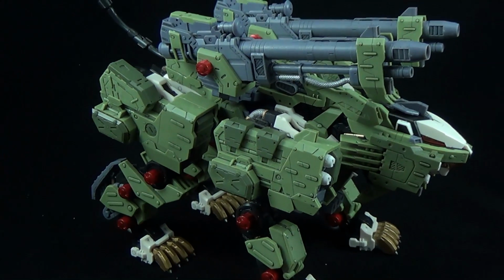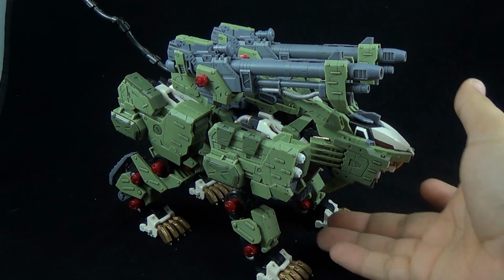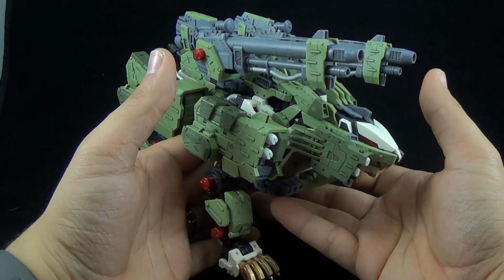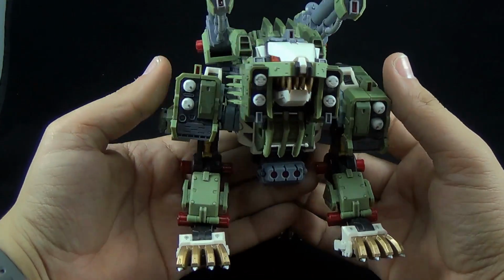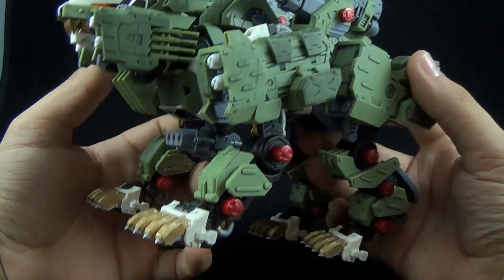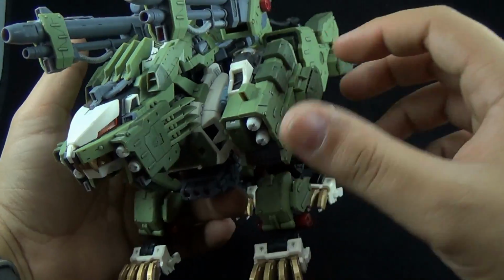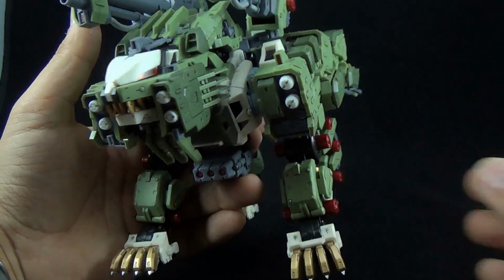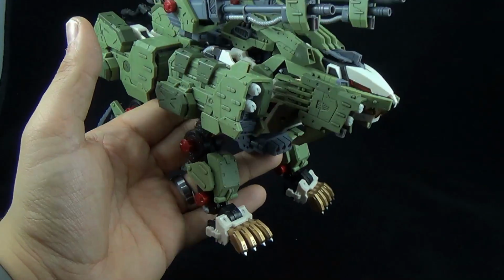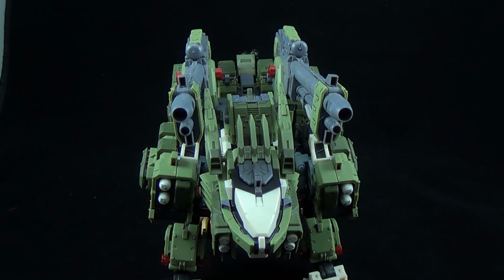And here we have Liger Zero Panzer. As you can see, he is very, very bulky. Obviously out of the 4 of them, he is the biggest one. He is the hardest one to get in a really good pose because he has so much weight to him and he's very bulky. If I bring in my scale here,